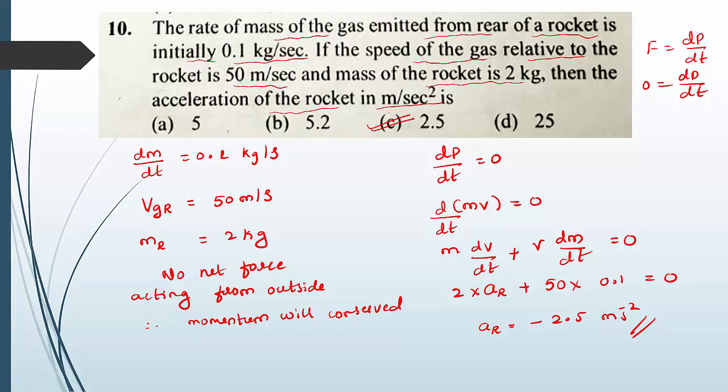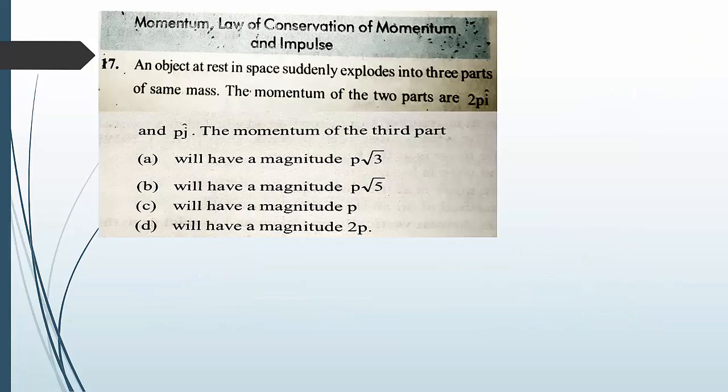So these 10 questions are based on Newton's first, second and third law of motion. Now we go for the second part, from applied questions. These questions are related to momentum, law of conservation of momentum and also impulse. Right? Go for the 17th question. Refer to the given material. I am going to start with the 17th question, second part from applied MCQs.